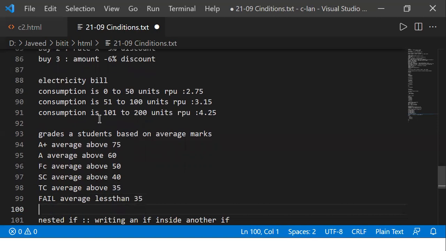So for that one, what I'm doing is I'll make use of a series of conditions. So we'll be using if else conditions. Understood? So any questions over here? Yeah, any questions?